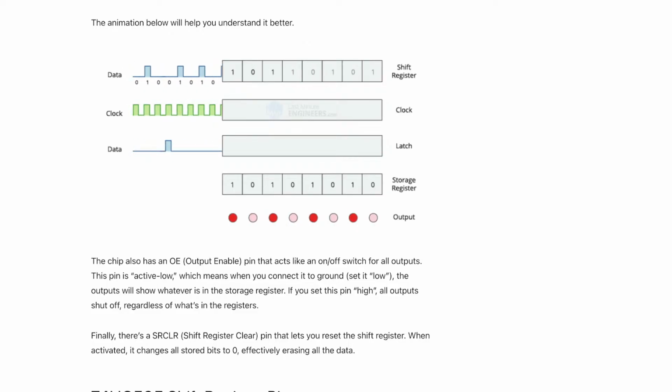After the data is written into the shift register, it doesn't automatically show at the output, and this is a great feature actually. You could do that if you want to, but the way we have it set up, the data is not reflected on the output while it's in transit. Once we have the data written into the shift register, we want to go ahead and